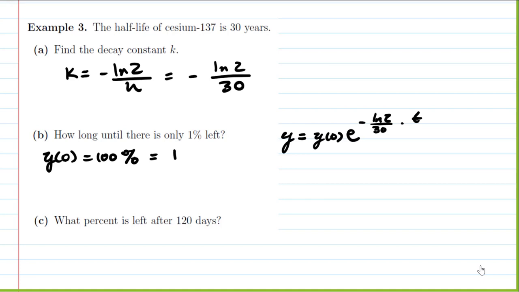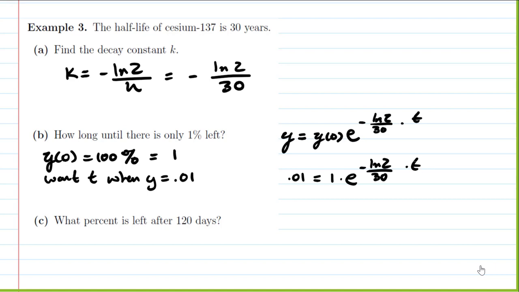So we turn our percent into a decimal and we get 1. Well, we want t when y equals 1%, but what's 1% as a decimal? 0.01. So we need to solve 0.01 equals 1 times e to the negative natural logarithm of 2 over 30